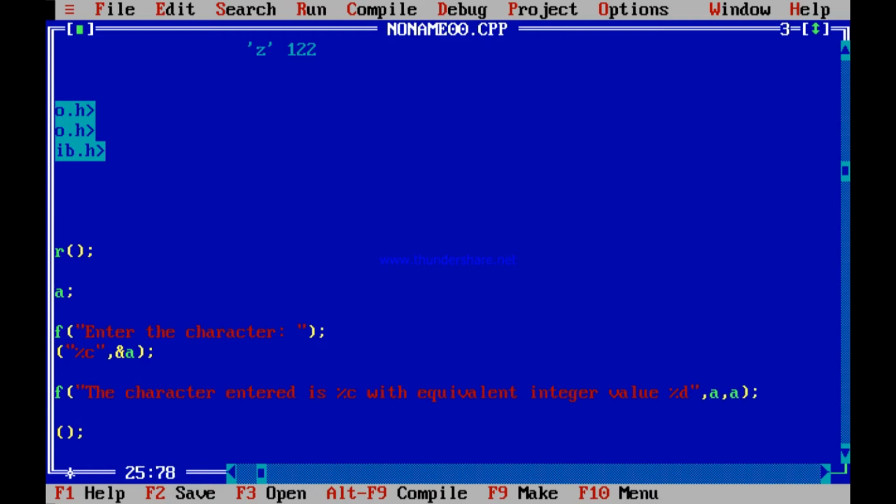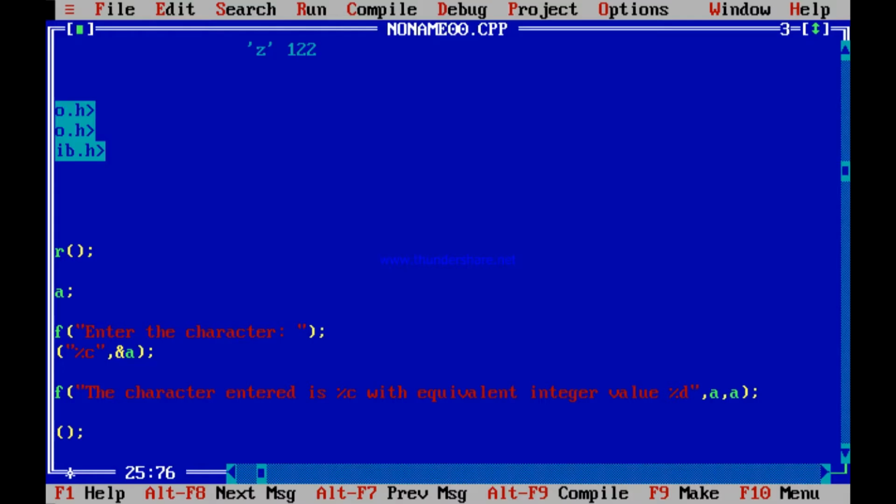This 'a' is going to replace the %c. Suppose I have scanned 'a', I have inputted 'a'. So within 'a' is the character 'a'. When printed as %c, it should output 'a', and when printed as %d, it should output 97. So 'a' printed as a character should be 'a' itself if 'a' is inputted, and as an integer it is 97.